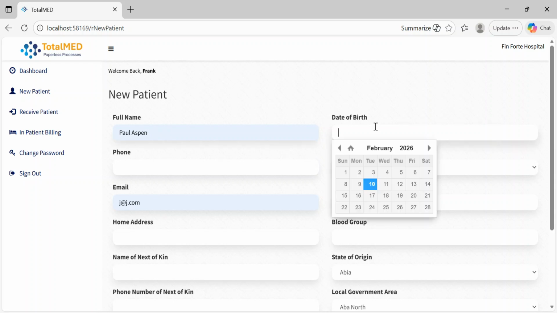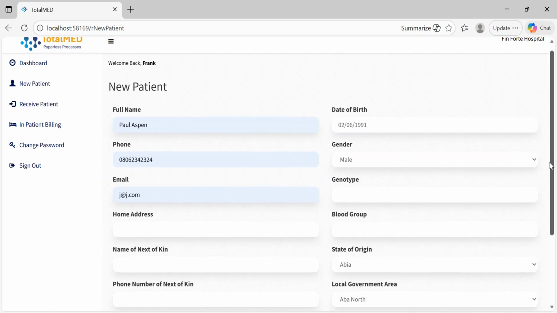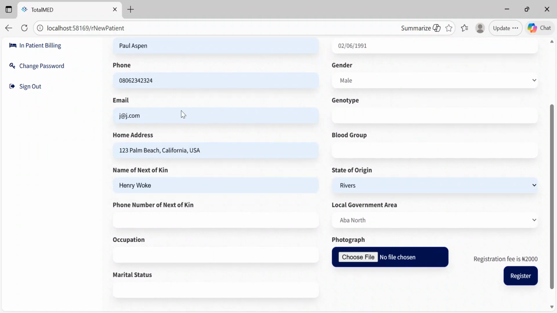Okay, date of birth, let's go back in time, something like that. Phone number, email address, genotype. If you have those figures, throw them in there. Home address, I'm going to throw something in. Name of next of kin,